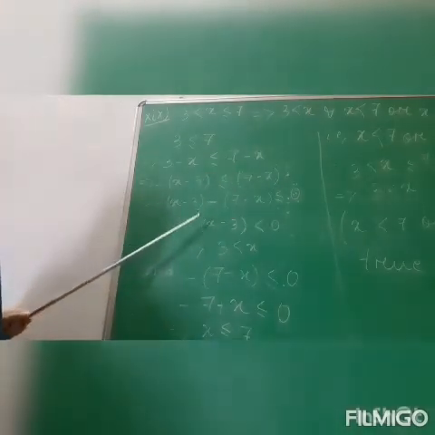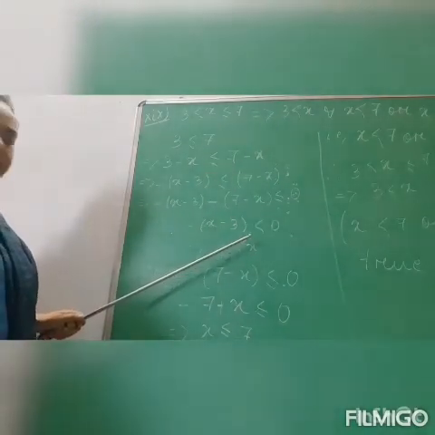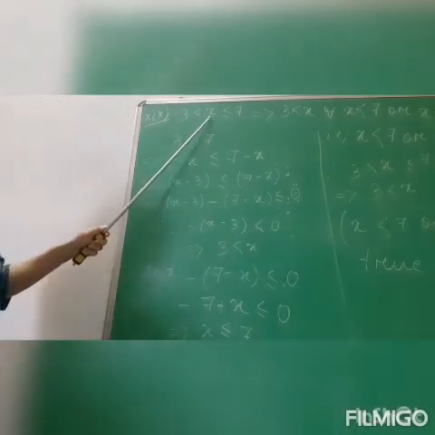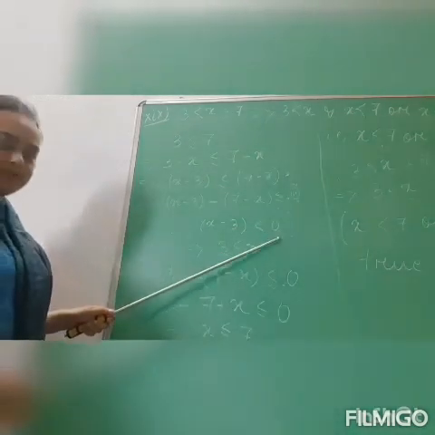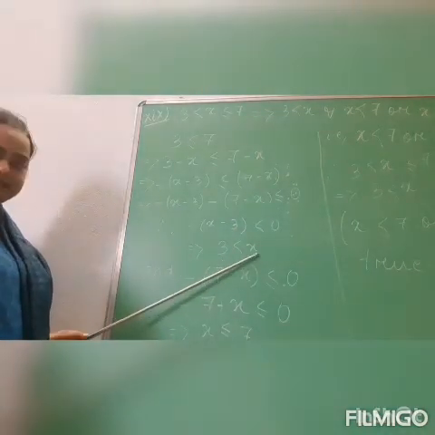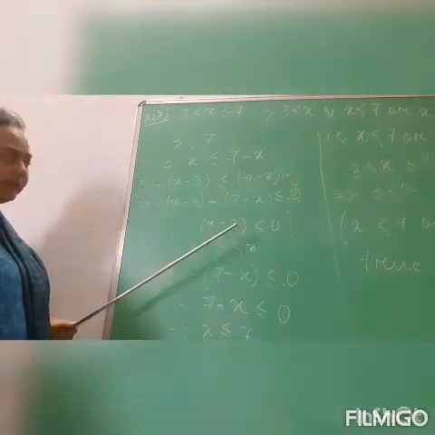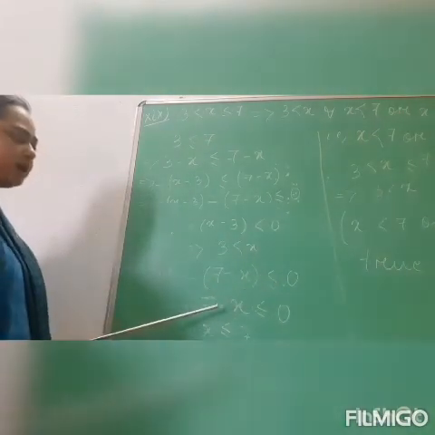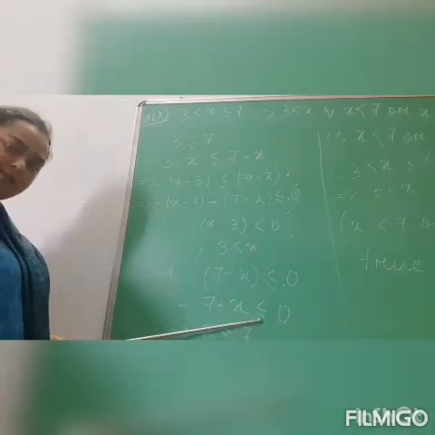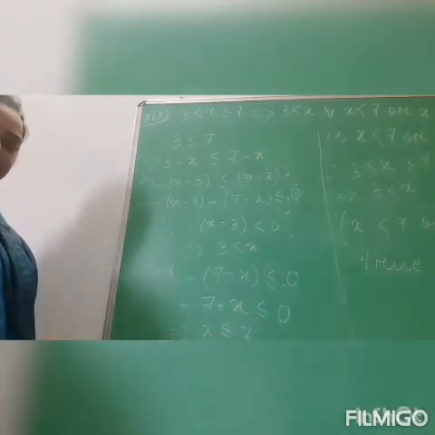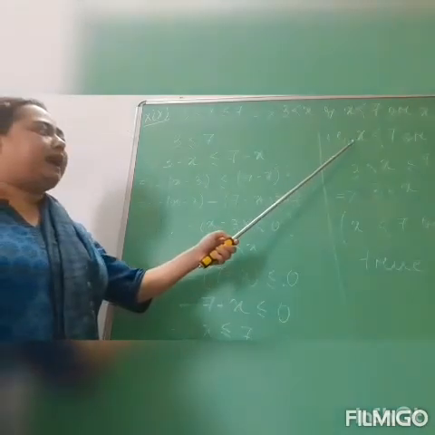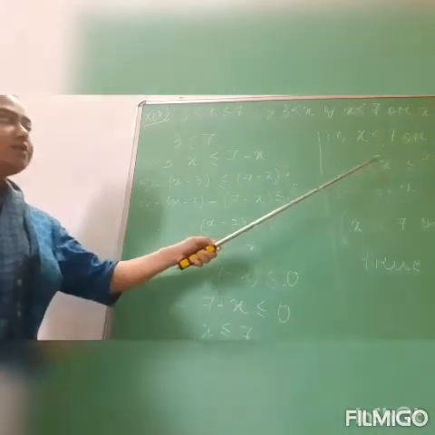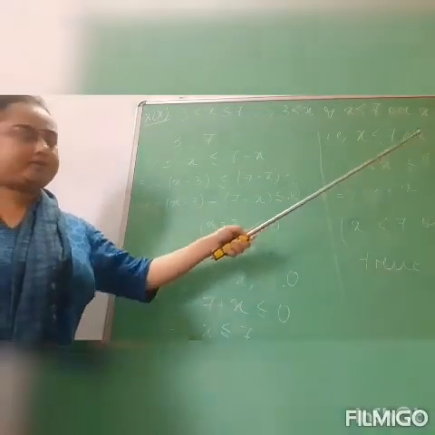Now let us first consider the first term, minus (x minus 3) is less than 0. See here, because the first term is less than x, not less than or equal to, I have taken here less than 0. So I get here 3 less than x. Similarly, from the second term, minus (7 minus x), it will be less than or equal to 0. So minus 7 plus x will be less than or equal to 0, which implies that x is less than or equal to 7. So we have x is less than 7 or x is equal to 7, because it is less than or equal to. So it will be either less than or equal to 7.